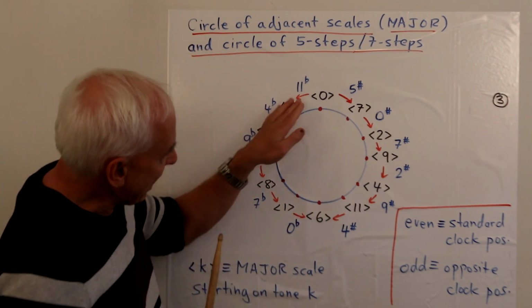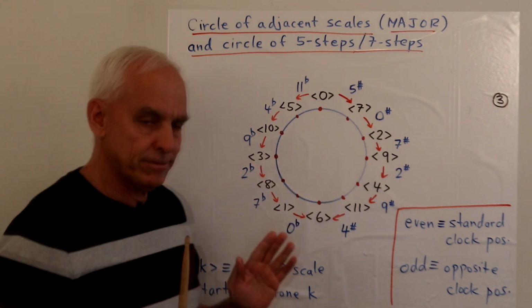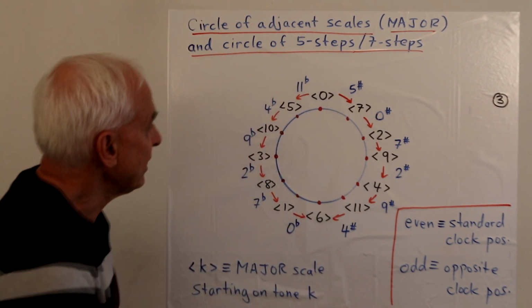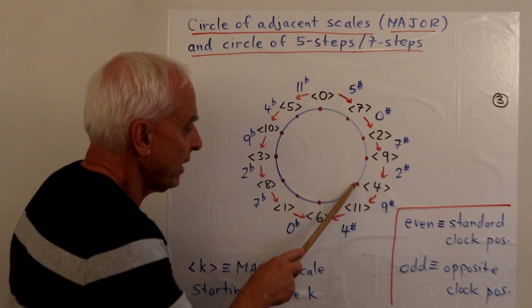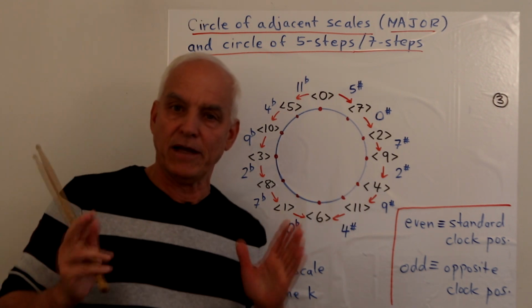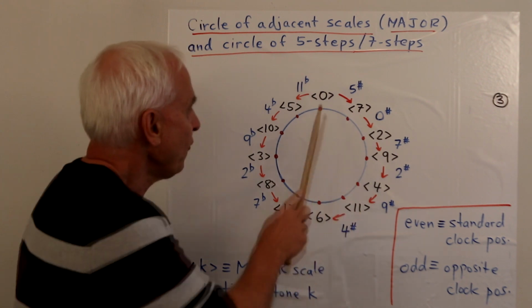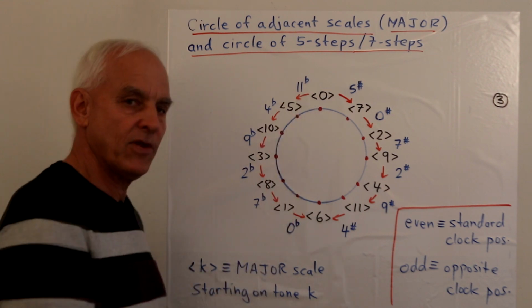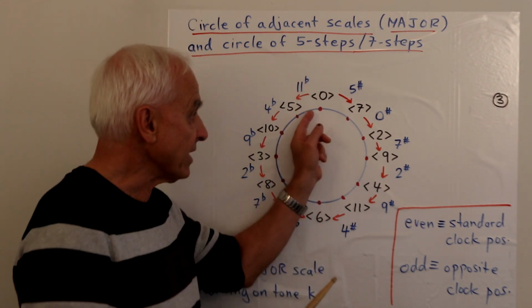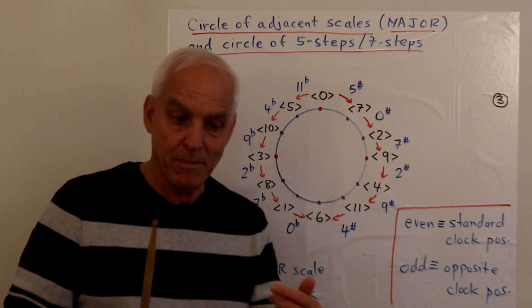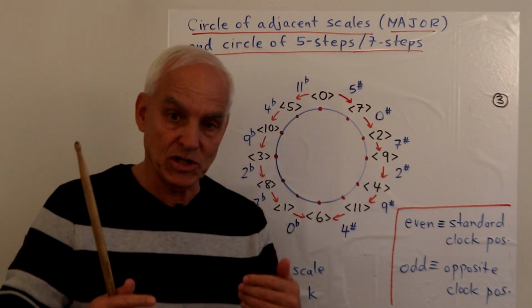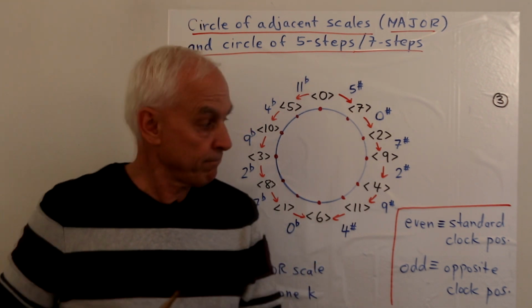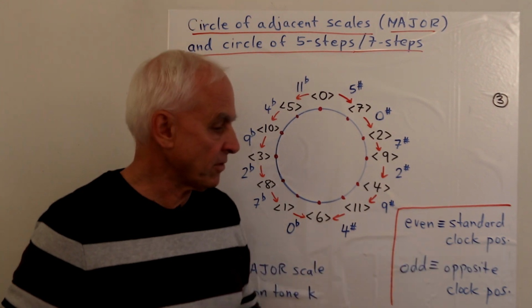And the other thing is, if we stare at these black numbers for a second, we see a seeming coincidence, okay, which is well worth noting. The coincidence is that the even guys are exactly in the usual spots that we would expect if we had a regular clock. 0, 2, 4, 6, 8, 10, back to 0. We're going up by 7 rather than by 1, but nevertheless, on the even positions, we're exactly in the same place as we would be if we were going up by 1. So even corresponds to the standard clock positions.